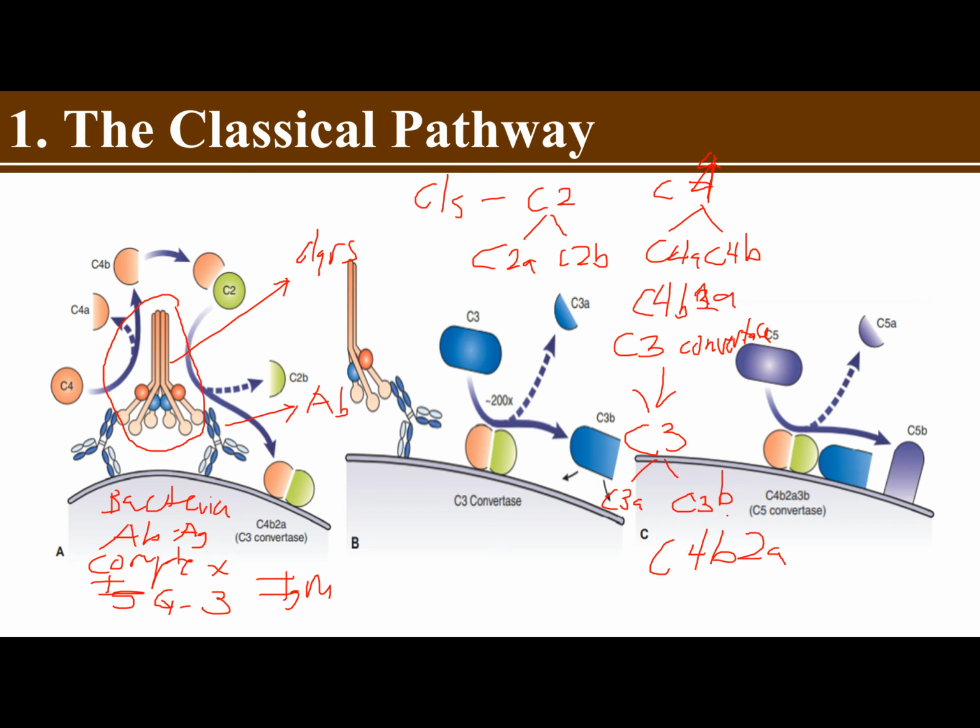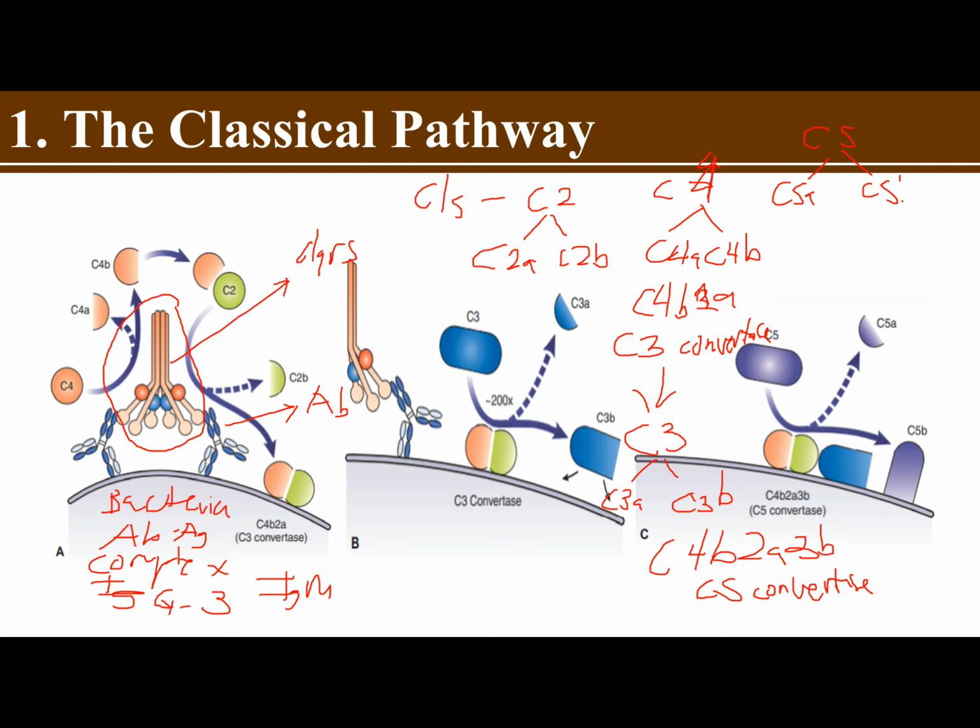This time, the C3B will bind with C4B2A, forming your C4B2A3B, also known as the C5 convertase. Now, the C5 convertase, please take note of that, would act on C5, cleaving it into two,